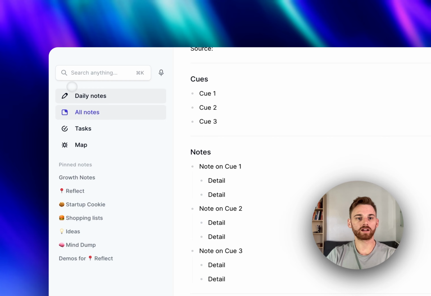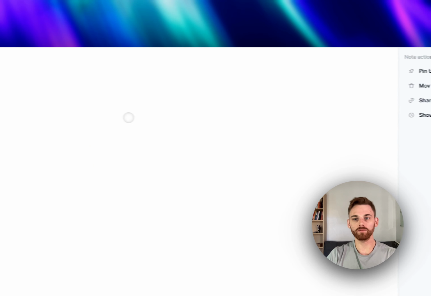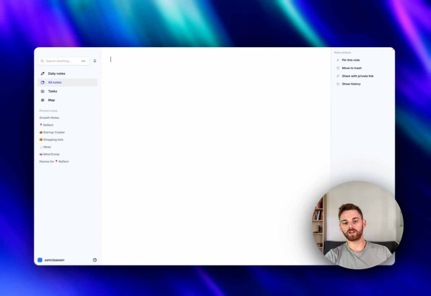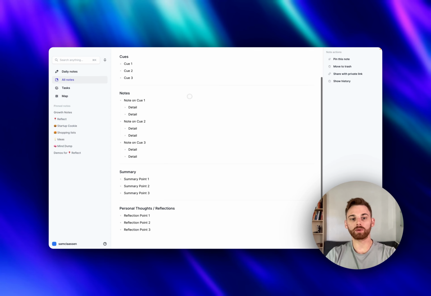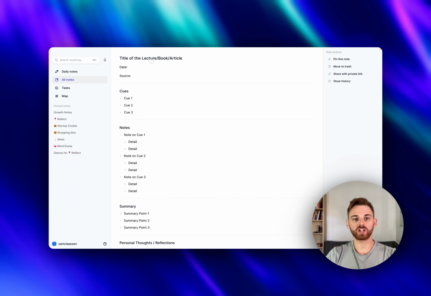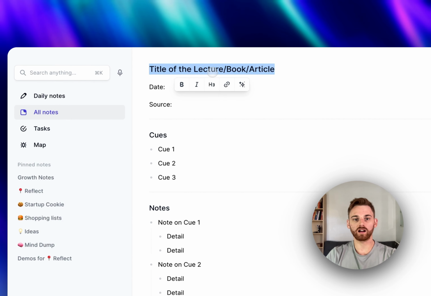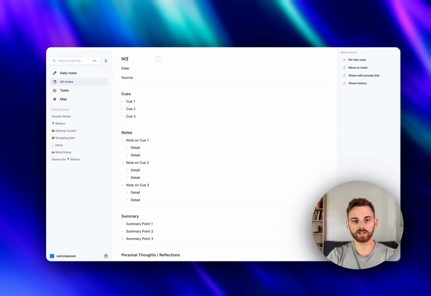And then if I go back to my all notes page and create a new note, so let's say I'm watching a video on a lecture or something, I can just type slash and the Cornell template, and it pre-populates this note. So I can just change the top here to the title on whatever I am taking a note on. So maybe this is